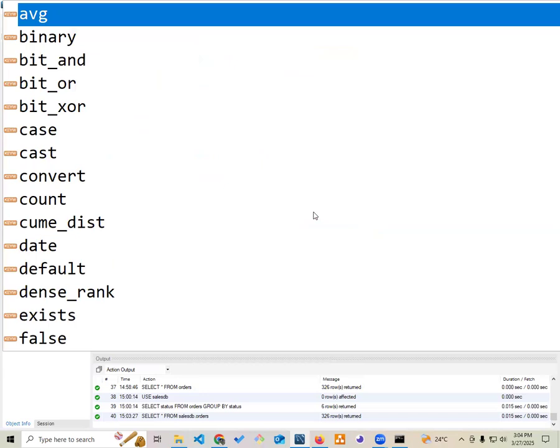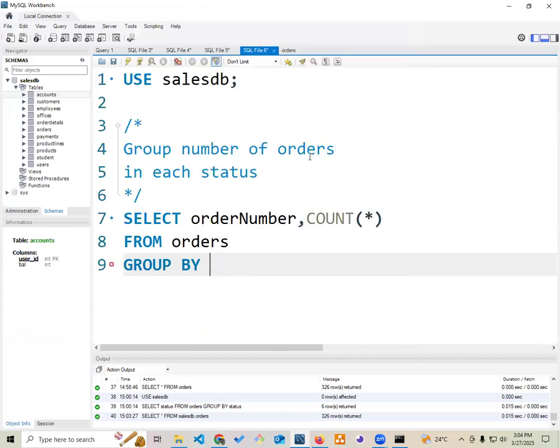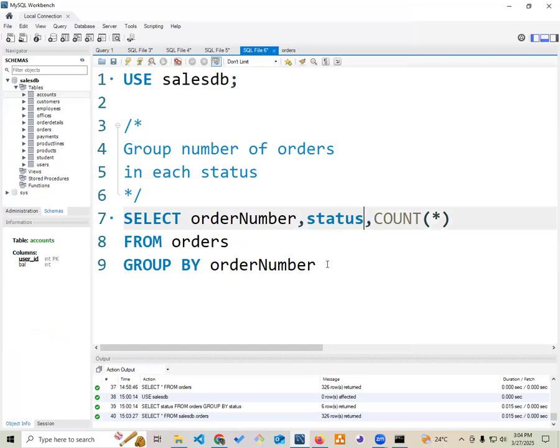Forgot to write something there. Order number, like that. You can also add another one, status, and then also add status here. Okay, so if you execute this,